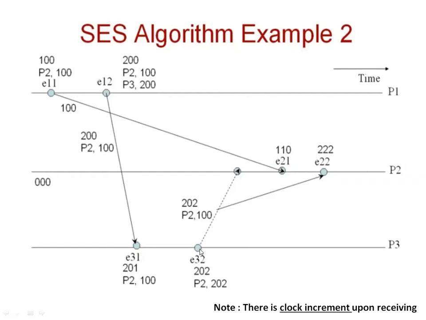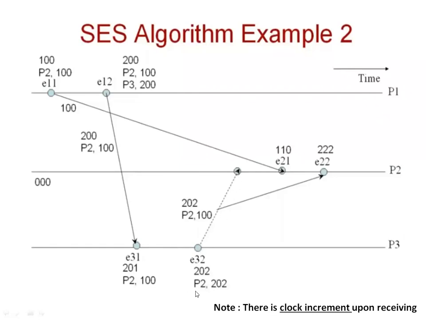And at this event, it has created a message, and this message has to be sent to the process P2. So it will maintain a vector P2 202. So this value is replaced by P2 202, and with this value it will be sent to the process P2. But whenever it is sending a message at event E32,